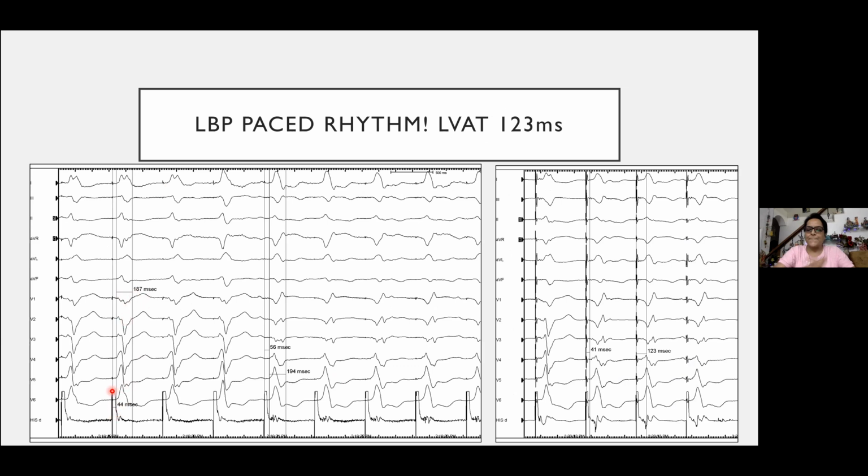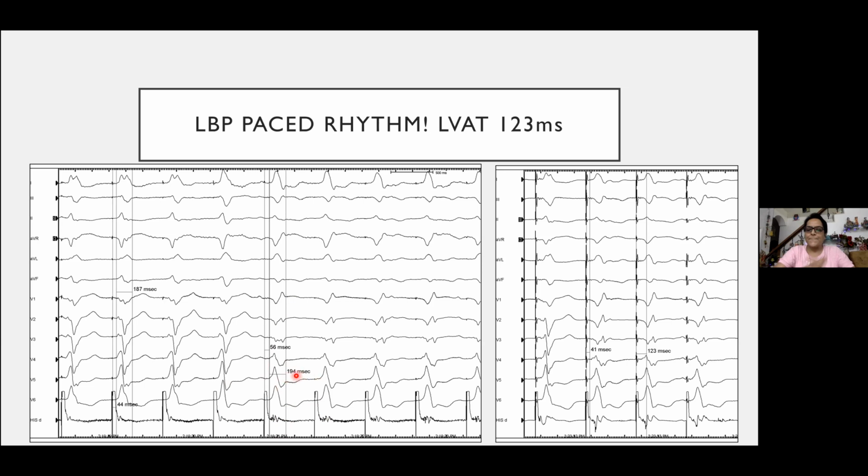Secondly, you are getting an isoelectric interval from the pacing spike to the onset of QRS of around 40 millisecond. But overall, the QRS is very wide. It's 187 millisecond wide, but you don't see a local V over here. As you reduce the output, you start seeing something like a selective left bundle capture, and you see a local V separated. And again, you see a distance of around 50 milliseconds.